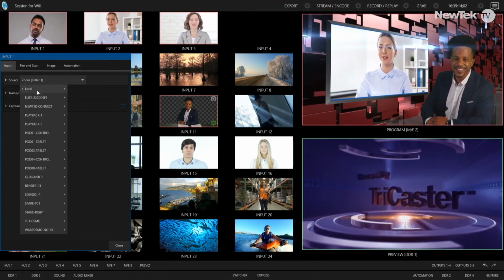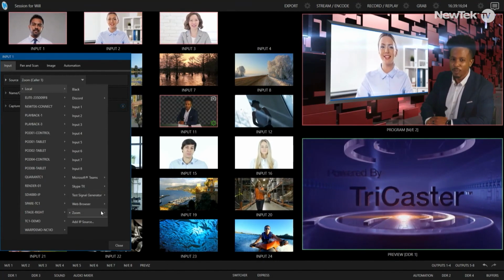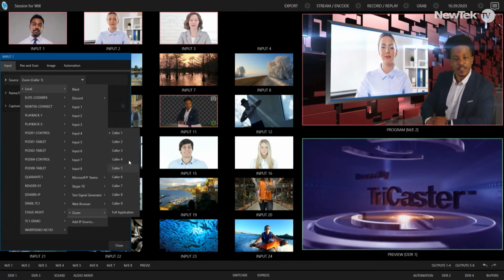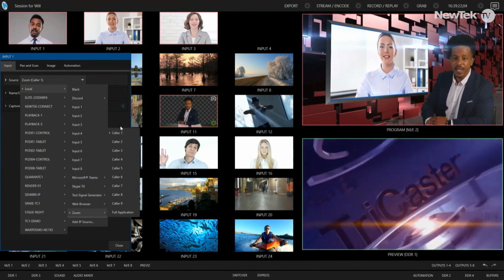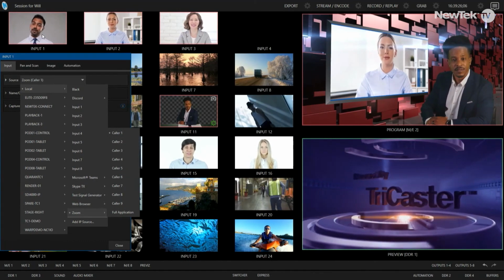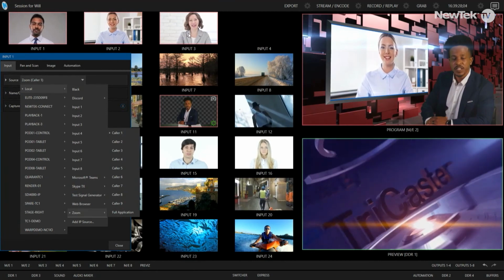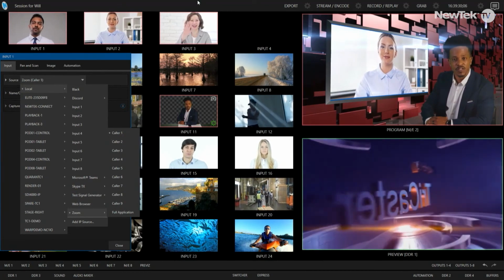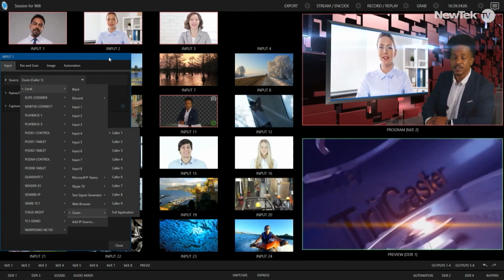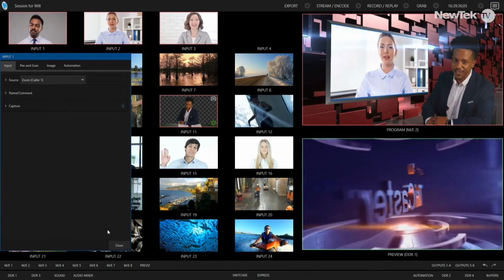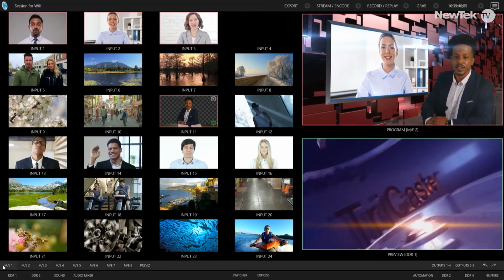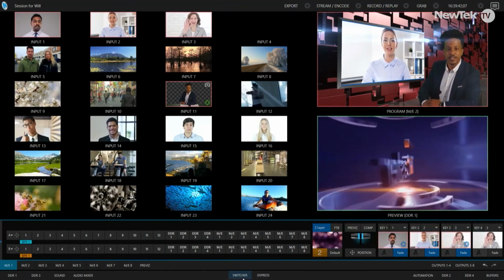So if I go to my source selector here, under local, you'll see that the Zoom application appears, and we can actually bring in up to 9 callers on that Zoom application. We only have 3 together, but as you can see, inputs 1, 2, and 3 are all brought directly in from the Live Call application. What this does is it allows us to really work very, very well with all the feature set of the TriCaster. So if I go ahead and open up my switcher panel,